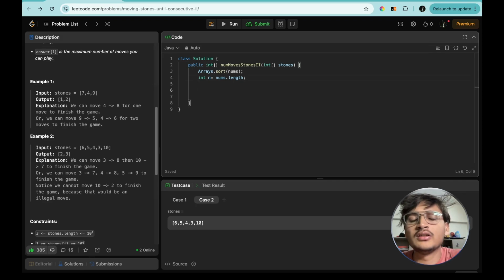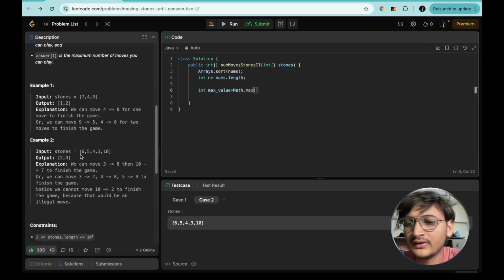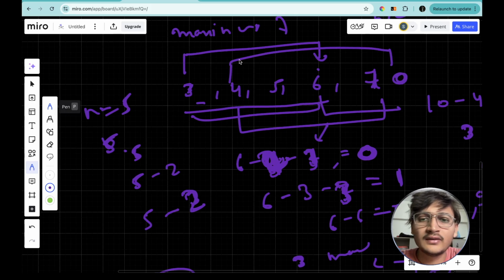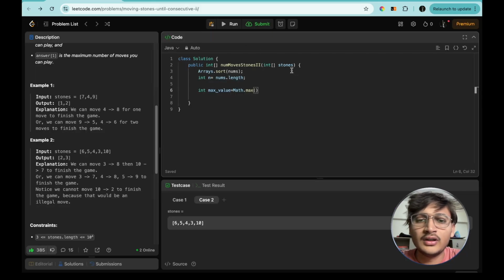Now we can calculate the maximum number of moves, that will be int maximumValue, and that will be Math.max of this. Let me take it from here. That will be 3 4 5 6 7, then 3 and 6. So let me take it using the notation. So stones of n minus 1 minus